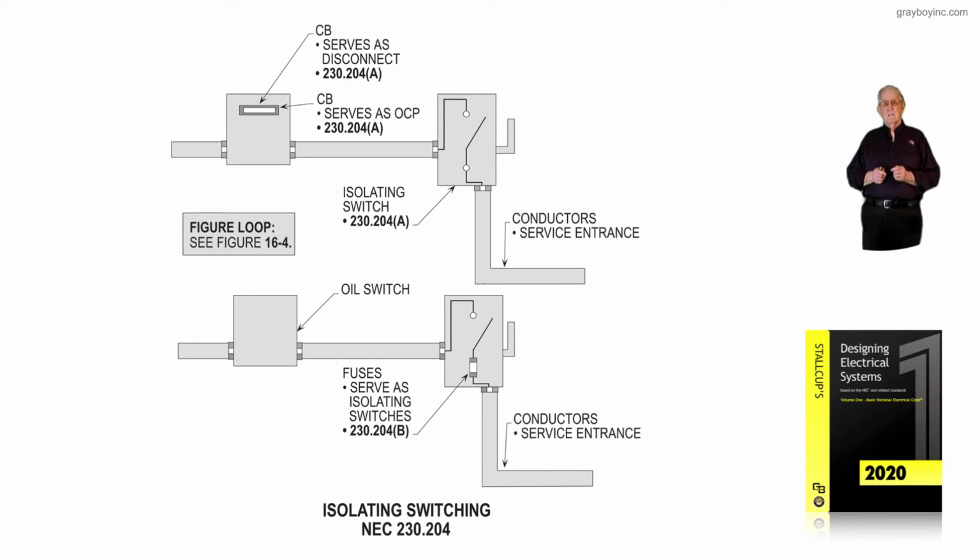Now notice the top of the illustration, we have a circuit breaker, and it serves as a disconnect in accordance with 230.204(A), and serves also as a protective device for systems over 1,000 volts in accordance with 230.204(A). Now notice the isolation switch in 230.204(A) is isolating the area where the worker is going to be working,